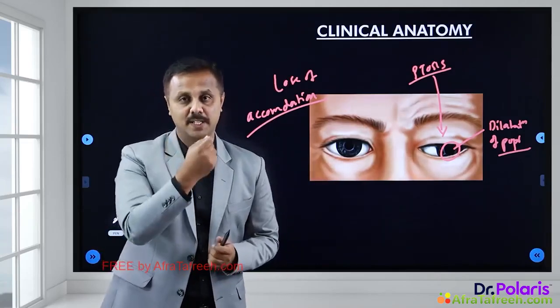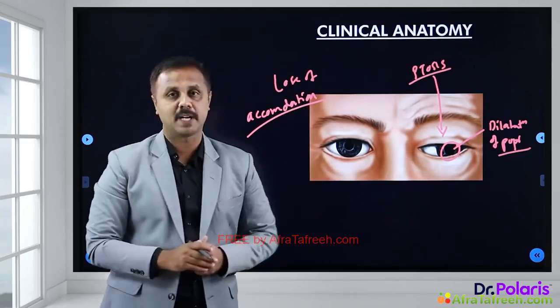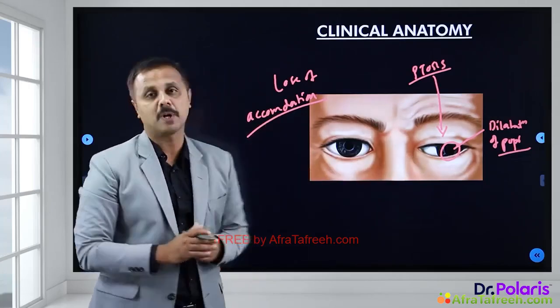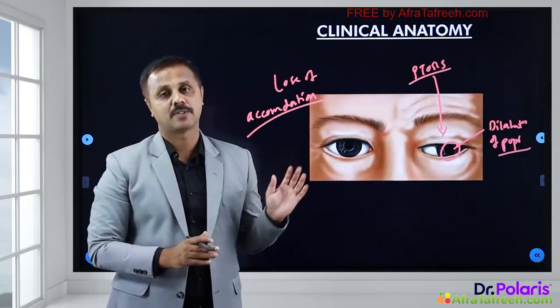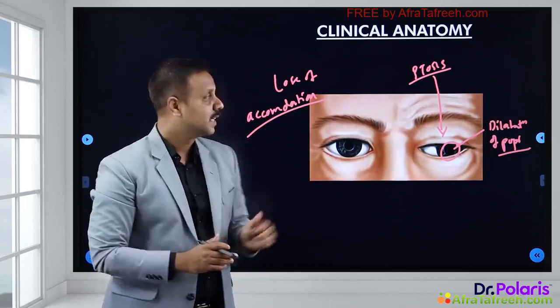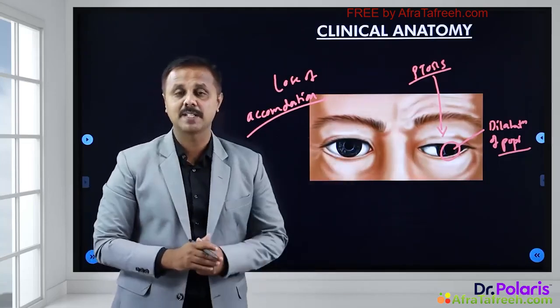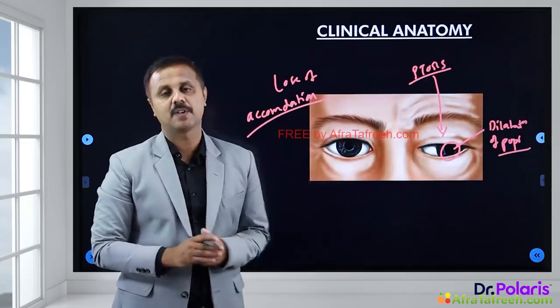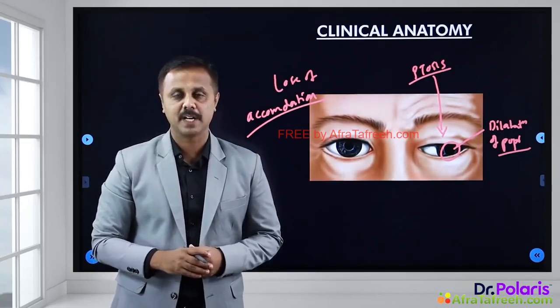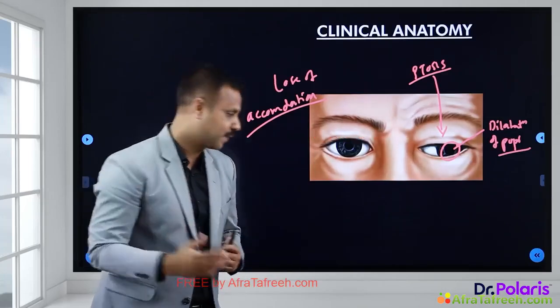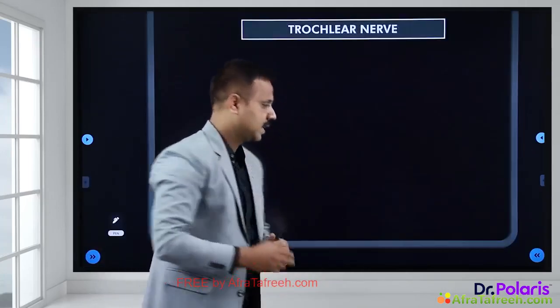Bringing the eyeballs together. So once the oculomotor nerve is paralyzed, apart from ptosis and the dilatation of the pupil, one more important clinical feature you will get is loss of accommodation. Right? This is regarding the clinical features that can occur in oculomotor nerve palsy and the anatomical basis for these clinical features. Right? So once we have learnt about the anatomy of the oculomotor nerve, let's focus on the anatomy